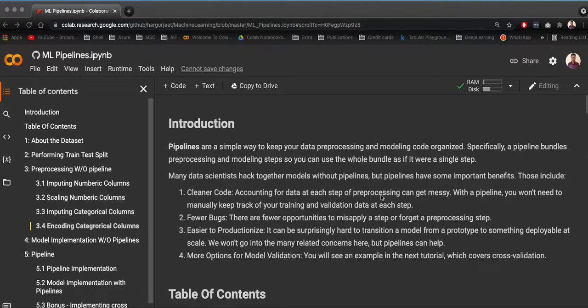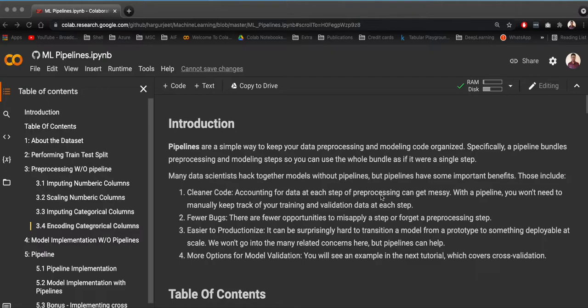In today's video, I will try to show you the implementation of pipelines. This is a class within sklearn. The implementation of machine learning pipelines is very helpful for developing cleaner code. When we implement pipelines, we get fewer bugs, and the movement of the entire model to production is much easier. Hence, this is a very effective way of building overall machine learning projects, and I just wanted to show you the difference between how we do it with a pipeline and without a pipeline, and the pain areas.